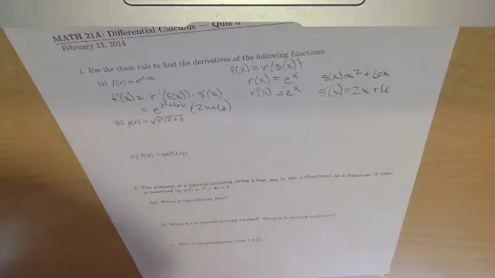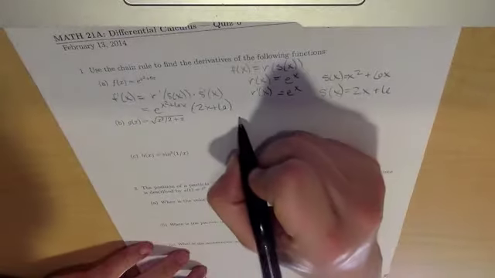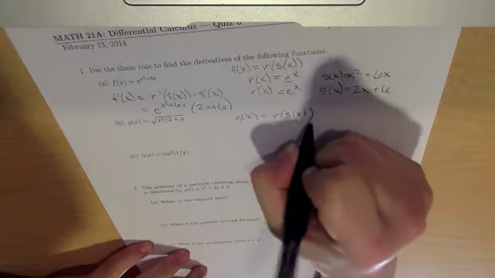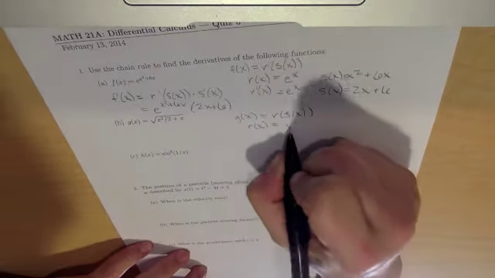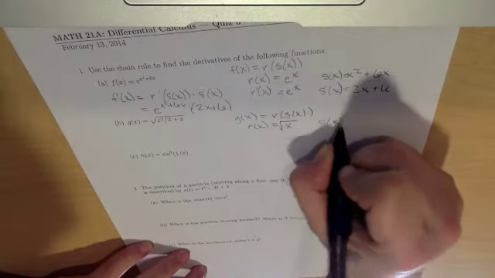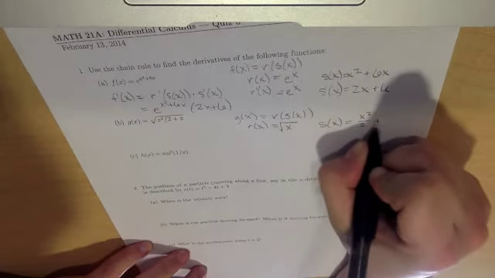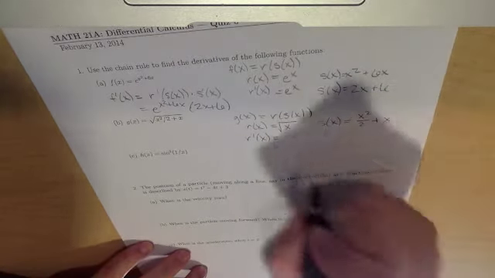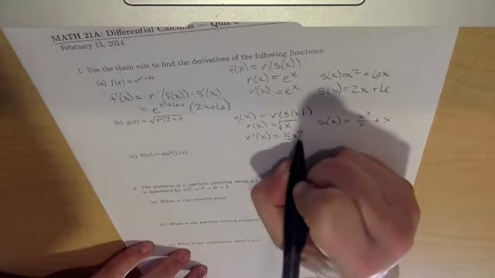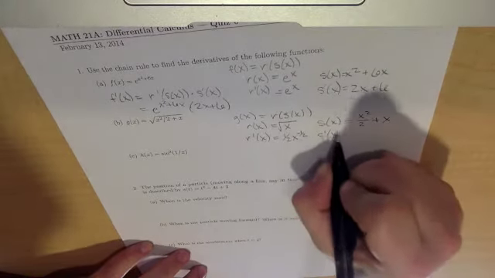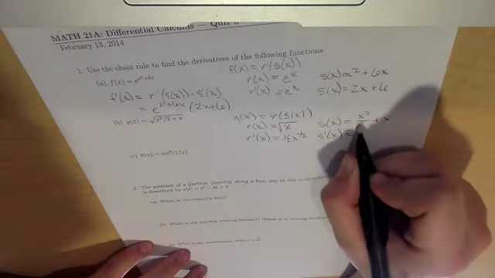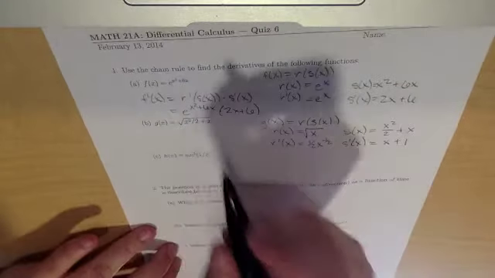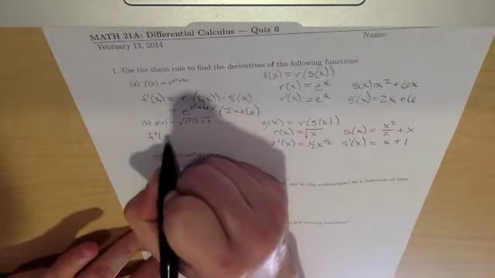Okay, now g of x, again, it's the composition of two functions, and so I'm going to name those again r and s. G of x is r of s of x, where r of x is the square root of x, and s of x is x squared over 2 plus x. So then we get r prime of x. Now using the power rule, this is x to the 1/2, so it's 1/2 x to the negative 1/2. And s prime of x is, the 2 comes down and cancels with this 2, so we get x plus 1. Okay, now we just need to use our chain rule, excuse me, and we get that g